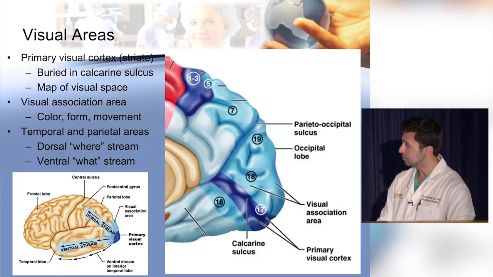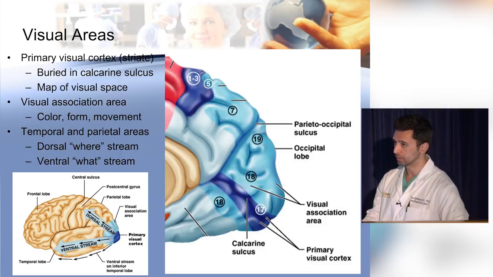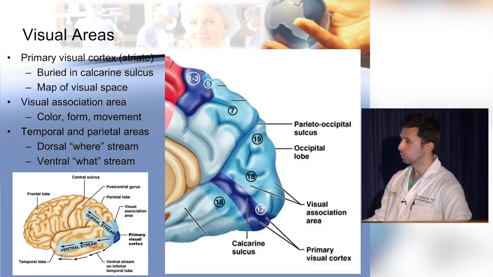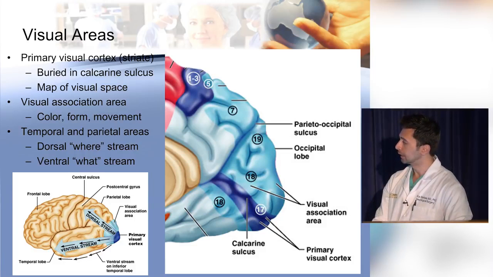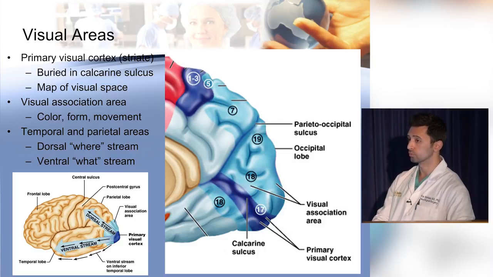One example of that is the visual input that comes into the primary visual cortex actually goes forward to the association areas in two different streams. There's a dorsal stream, which goes towards the parietal lobe, and that's a part of the brain that is focused more on where something is, where an object is, where you are geographically, where structures are within your world. And then there's a ventral stream that goes towards the temporal lobe, which is an association area that's more of a what area. So a lot of our recognition of a face, of an object, naming things is going to